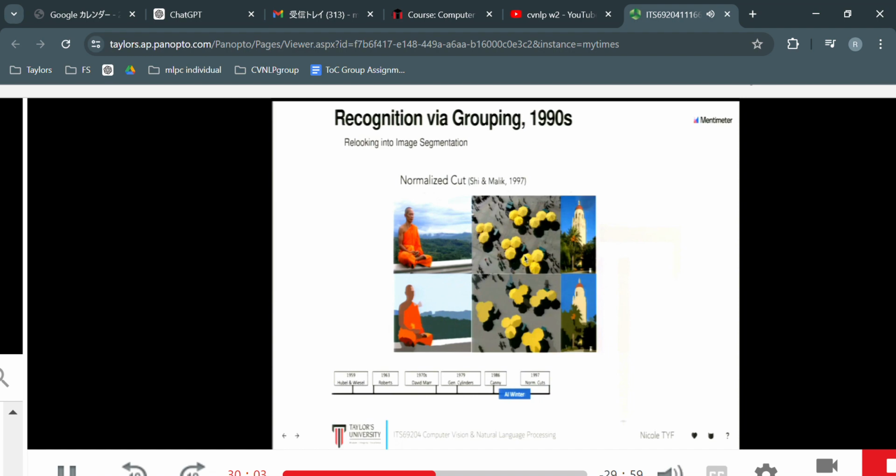So over here at the last bar, this is how good a human is at doing this image recognition task. We can see that the error rate of human in recognizing the items in this image is about 5%. Okay, so now that is our benchmark of performance. So then in 2010, we can see that the initial